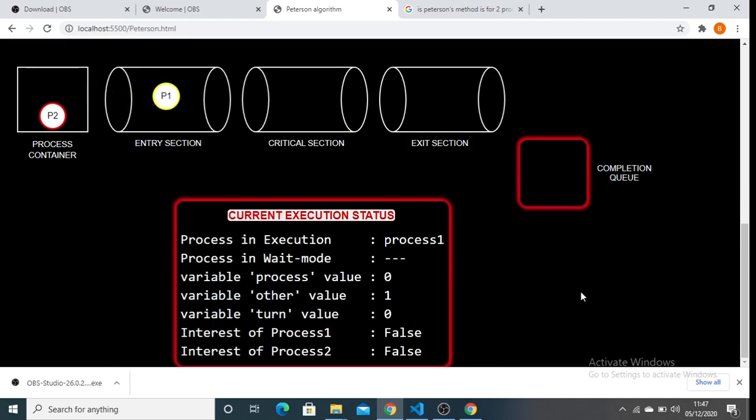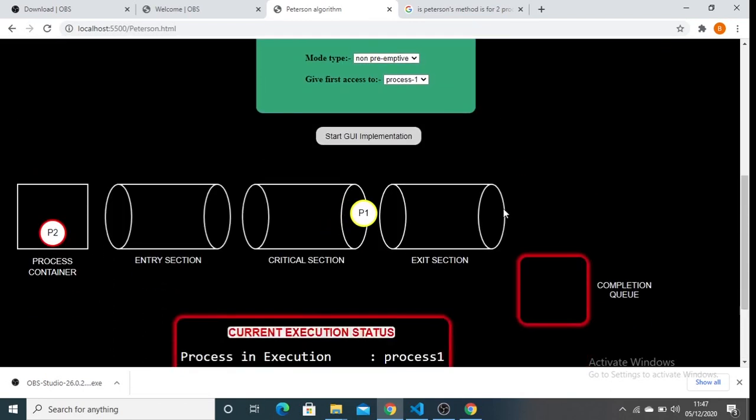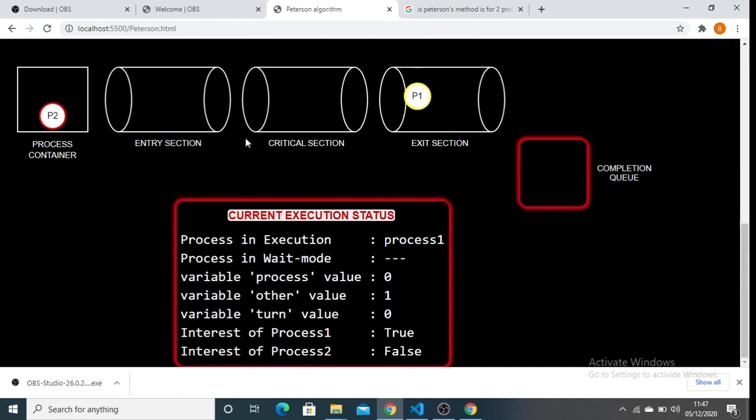In the entry section, whatever variables were there, those values will be changed here, as you can see. As it is non-preemption, P2 will not preempt the process P1 and it will complete its process fluently.